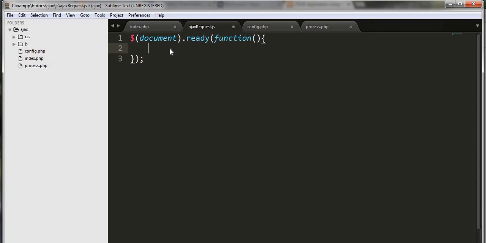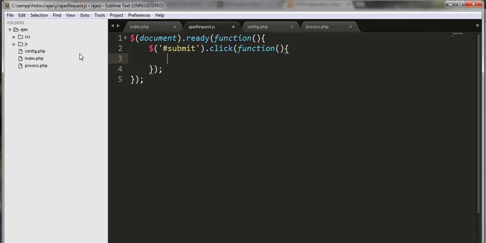Let's just create this dollar submit. Whenever we click on the submit button, we should fire up this query. So function, okay, now we need to